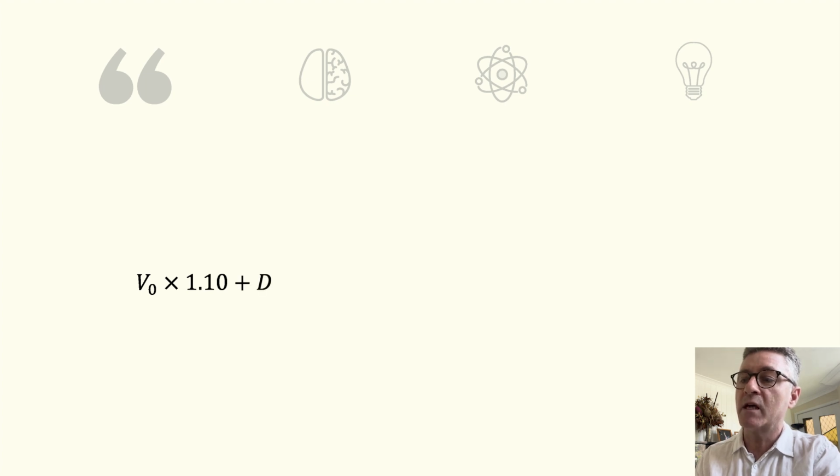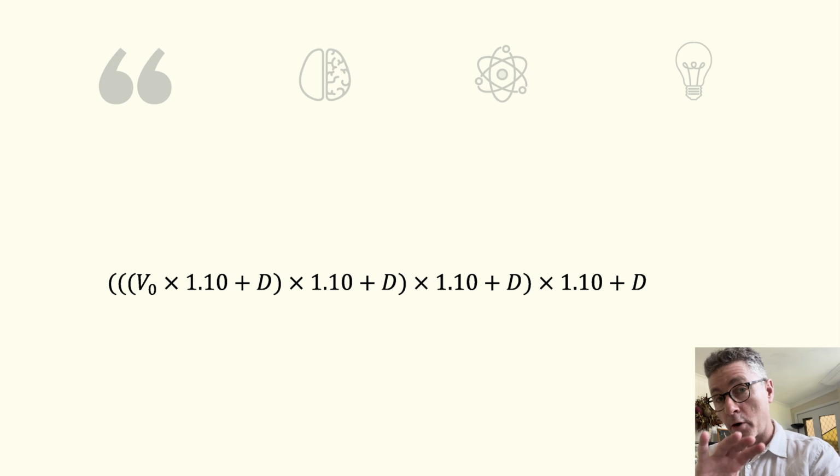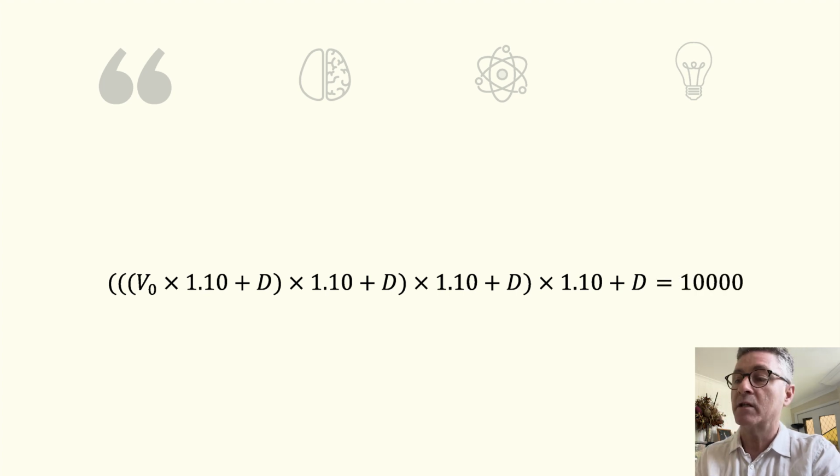At the end of the second year, they're going to give you interest on everything that you already had in the fund. And then you're going to make another deposit. At the end of the third year, they're going to give you interest on everything that you had, and then you're going to make another deposit. At the end of the fourth year, they're going to give you interest on everything you had, and then you'll make another deposit. Now, we know that all of that has to be equal to $10,000, so let's do some